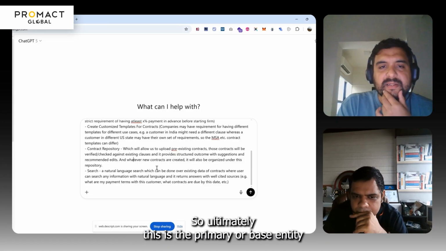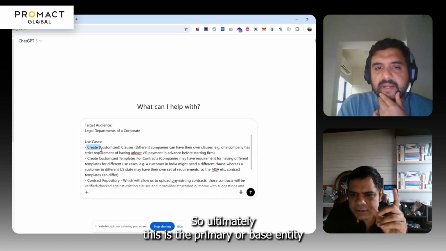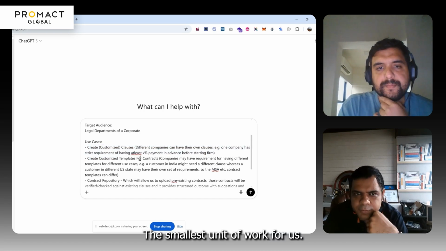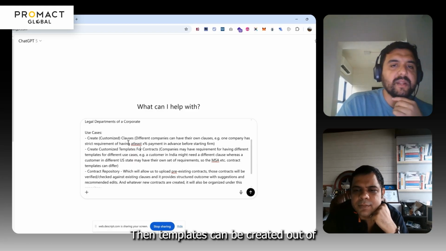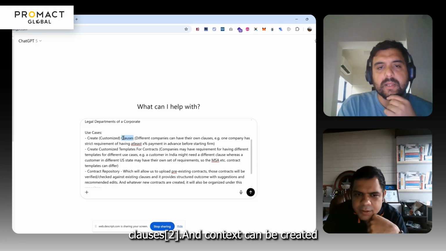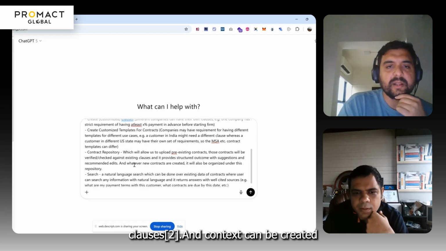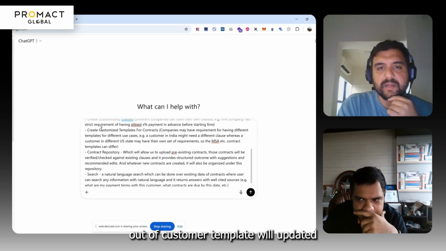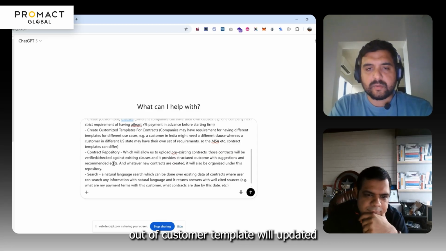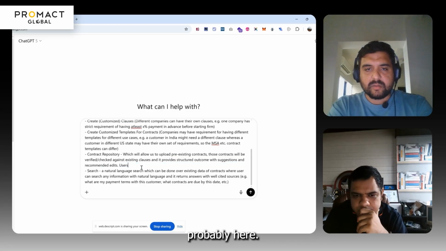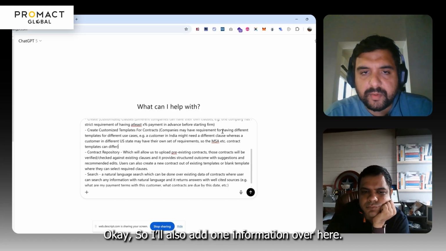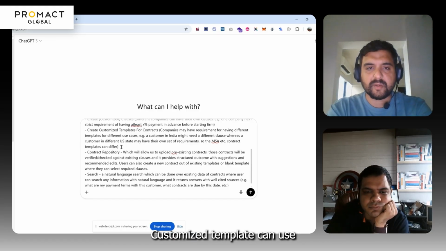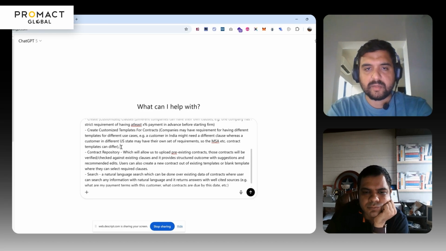So ultimately, the primary or base entity will be our clauses, the smallest unit of work for us. Then templates can be created out of clauses, and contracts can be created out of a template or customized clauses. I will update it accordingly. And here, for customized templates, companies may have recommendations, so I will also add one piece of information over here: customized templates can use